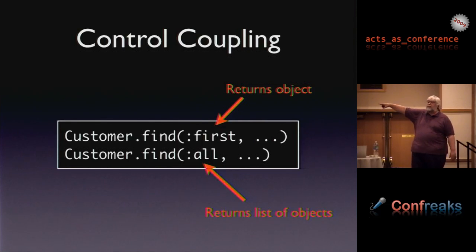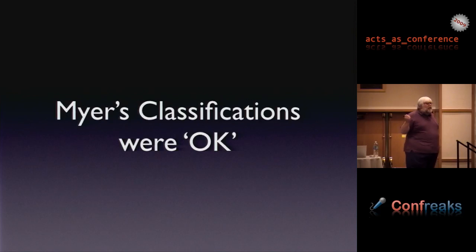So if I were to make this first parameter a variable that was being passed in, I would not know how to handle the output of this method unless I looked to see whether it was a first or an all. Or unless I look to see if it's a list or not. The data coming back depends upon the parameter being passed in. Again, you can change this to find first and find all, and it had very little effect on the rest of your program. Control coupling.